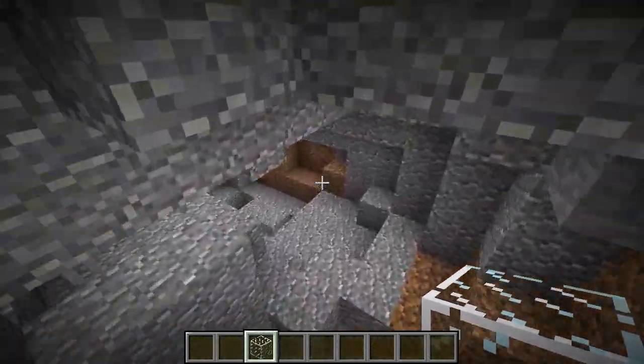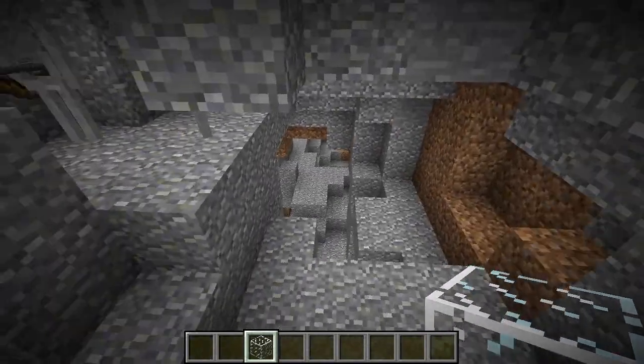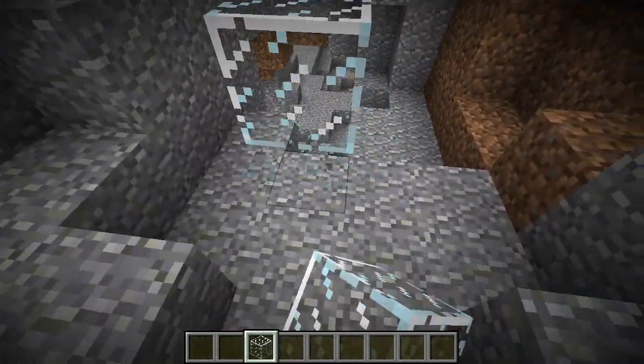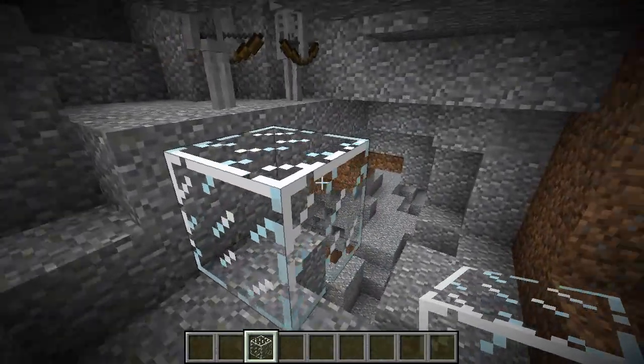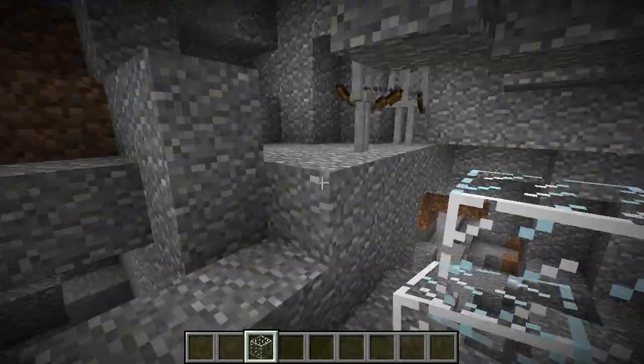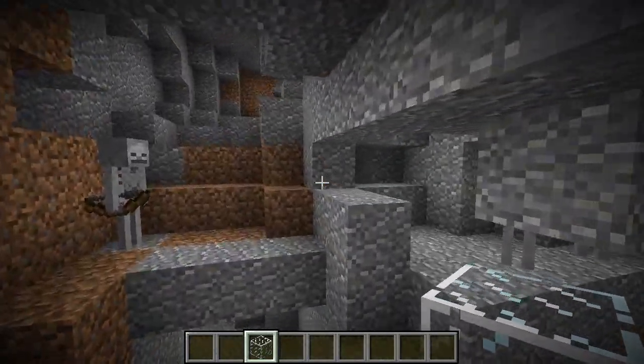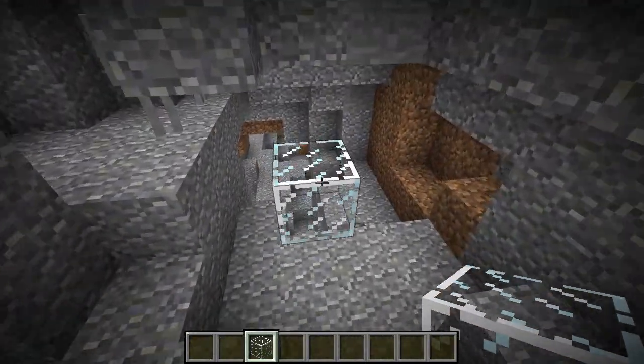I have a night vision effect going on, but obviously it's dark down here. There's skeletons spawning and whatever. And yeah, suppose we're in some airspace marked by this glass block that happens to be underground and isn't visible to any sunlight. If we want to find the whole cave and find any of its entrances,